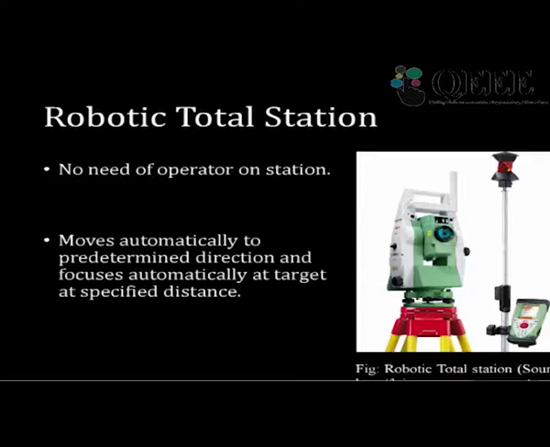manpower cost drastically. The only problem with the robotic total station, especially in countries like India and other developing countries, is the safety issue. For example, if the distance between your robotic total station instrument and your prism target is, let us say, 1 kilometer, and the instrument is not attended by any person, there is a high chance of it getting stolen by other persons. So here safety is a big concern for using the robotic total station. Otherwise, it reduces the time drastically compared to the normal total station.